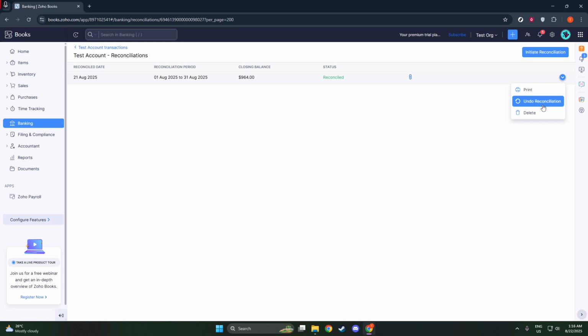However, Zoho Books, prioritizing user verification to prevent unintended changes, will present you with a confirmation pop-up. It's a simple yet crucial step that asks if you really intend to proceed with this reversal. Read through the message carefully, and if you're certain this is what you want to do, click on Proceed to finalize the action. And there you have it. You've successfully undone a reconciliation in Zoho Books, allowing you to make necessary adjustments and keep your accounts accurate and